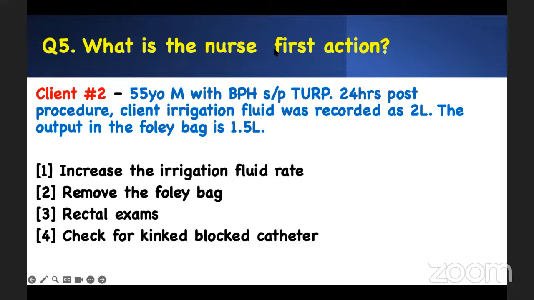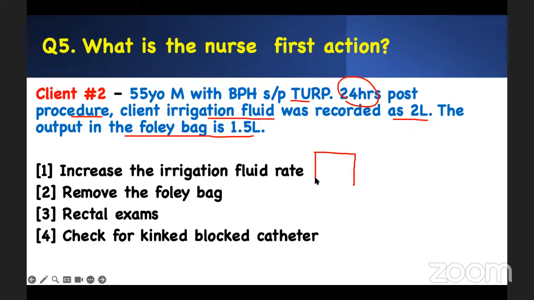What is the next first action now? So look at the situation and answer it. Here's TURB 24 hours. Post-procedure, irrigation fluid was recorded 2 liters, and the output from the Foley bag is 1.5. This is the content I'm going to explain to you. If you never heard it before, understand it, so that when they ask you your question, once again, if